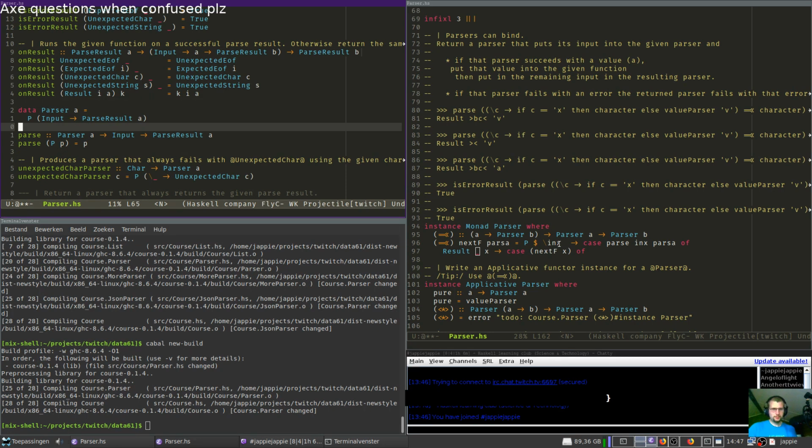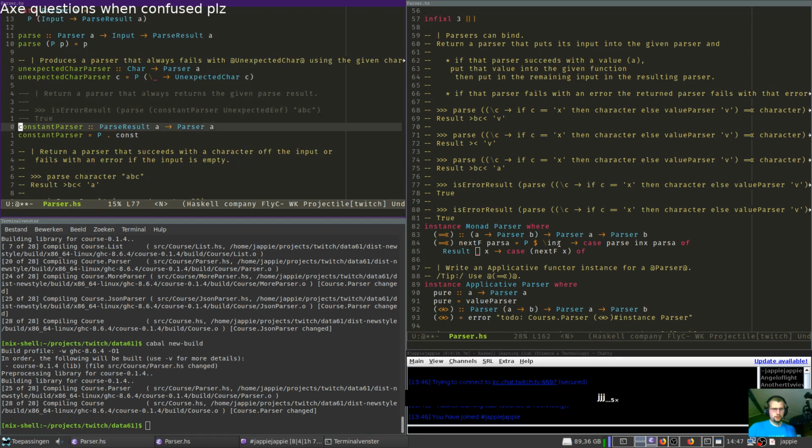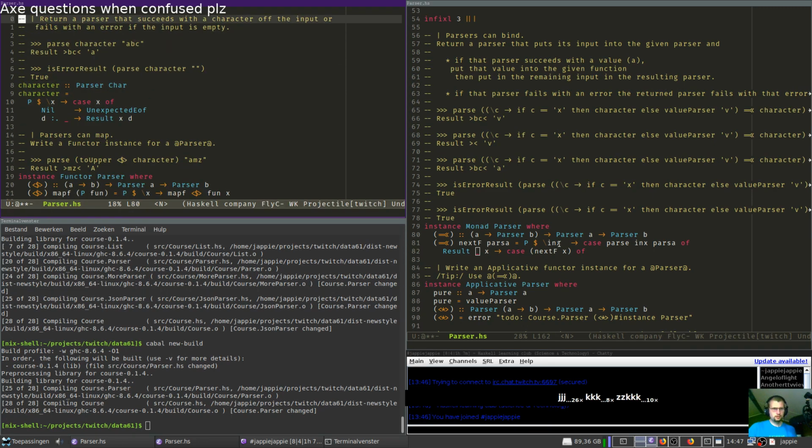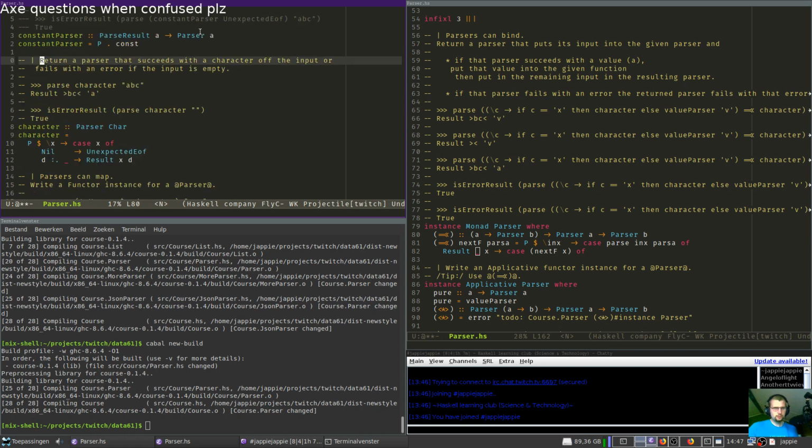We should know about it because we implemented it, but what's the input supposed to be? With the character of the input or fails with an error if the input is empty. But what are the rules about the input in the result? Should it move one ahead?